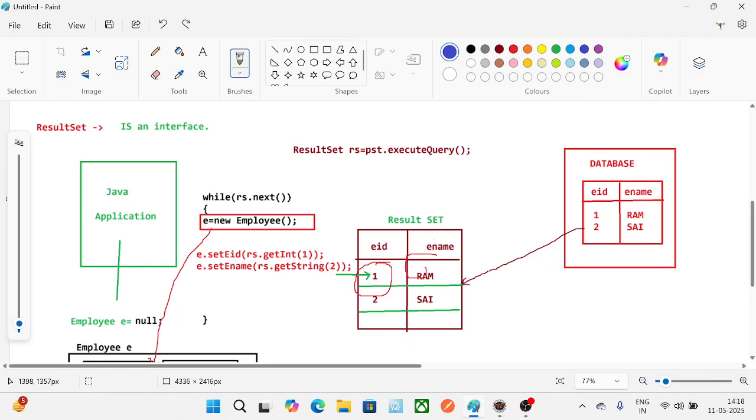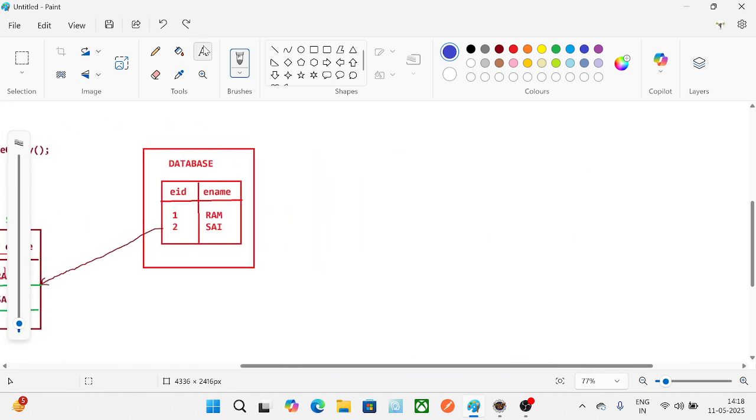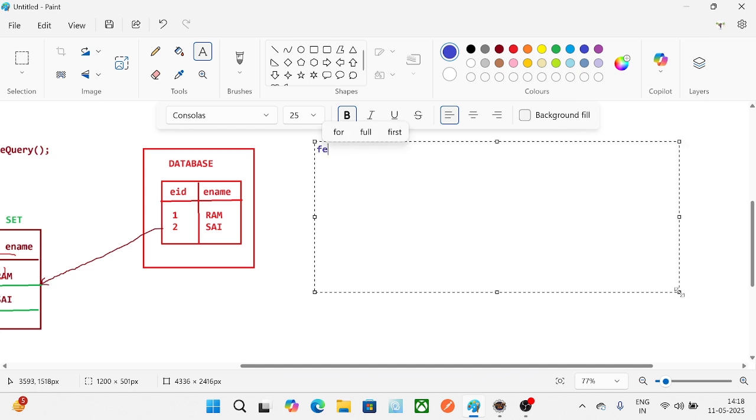Hello everyone. So in the last session we discussed how we can fetch the data. Okay, so we fetched only one employee. Now in today's session we want to fetch all the data from the database. Okay, and the second task we have to do in our session,